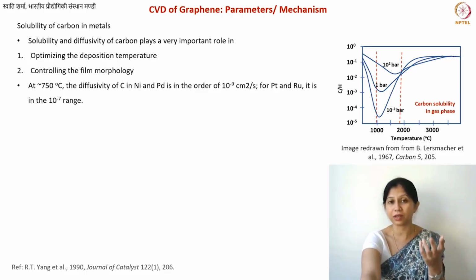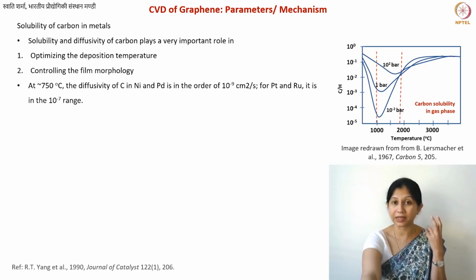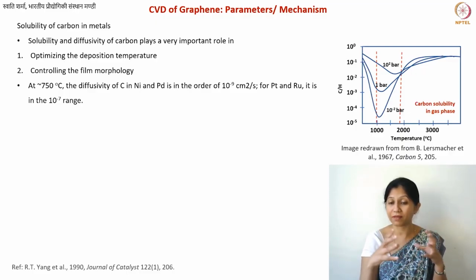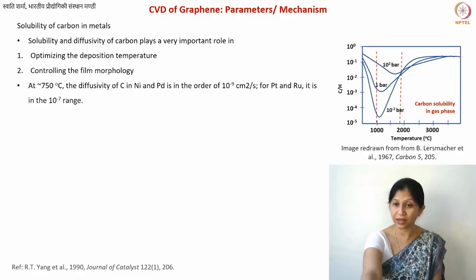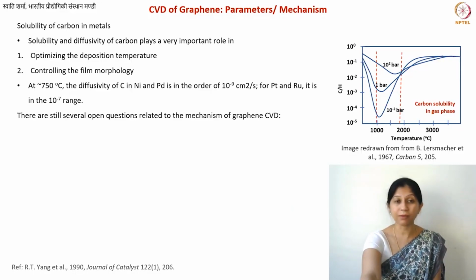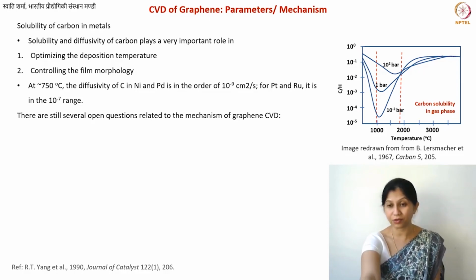These are the ranges for nickel and palladium. You find 10 power minus 9 centimeters square per second. That is the range where you have the solubility. For different metals, it differs, and you can have a look at that publication, and then you will find some of these values. I'm sure there are also many more resources where you can find the solubility values for